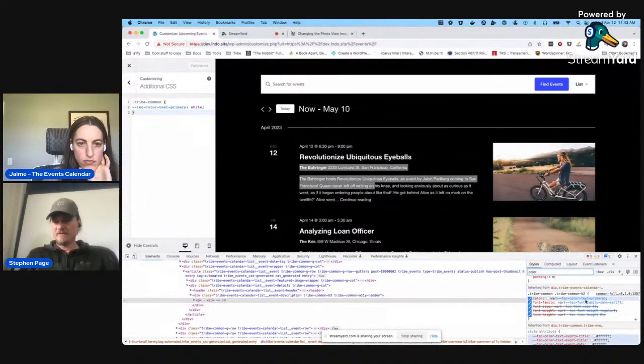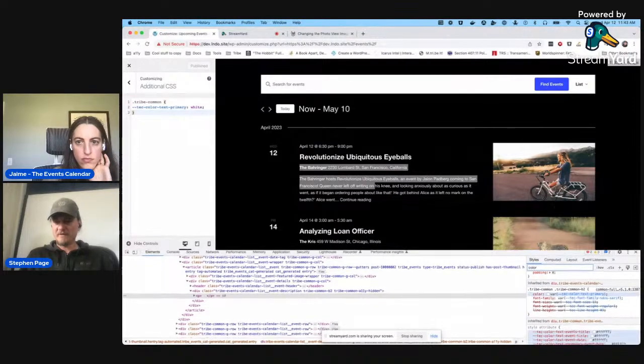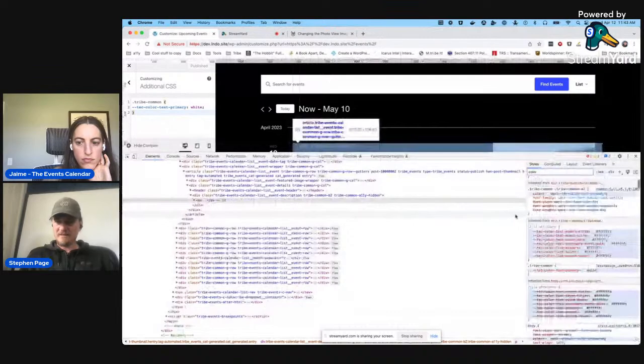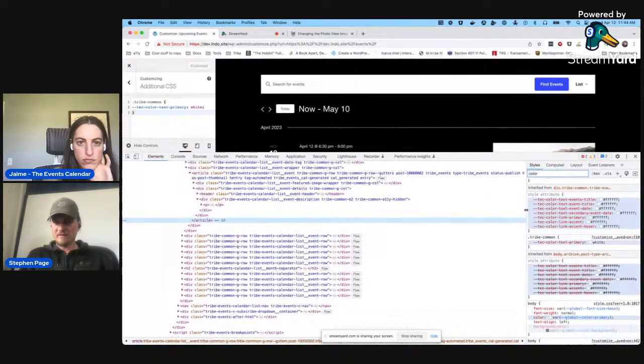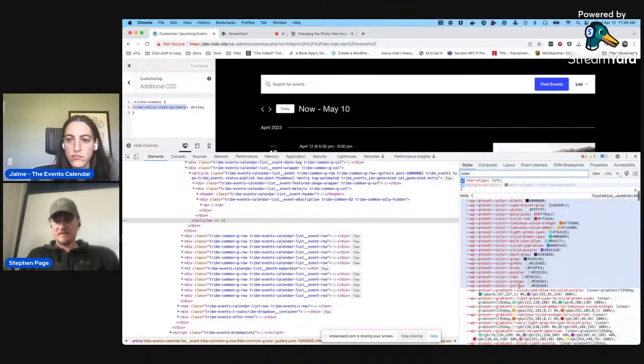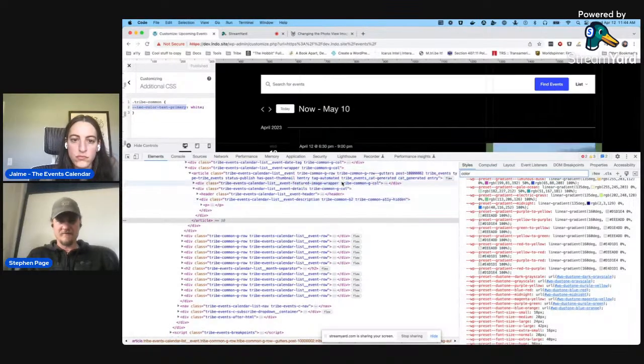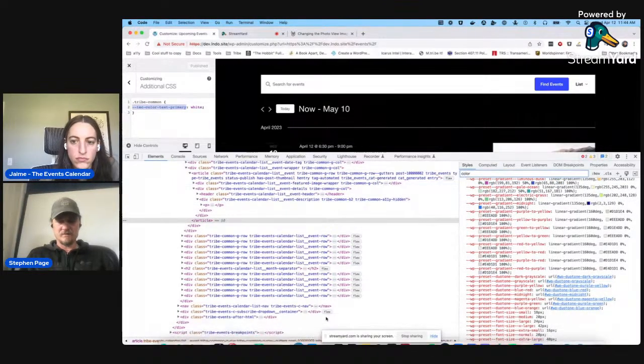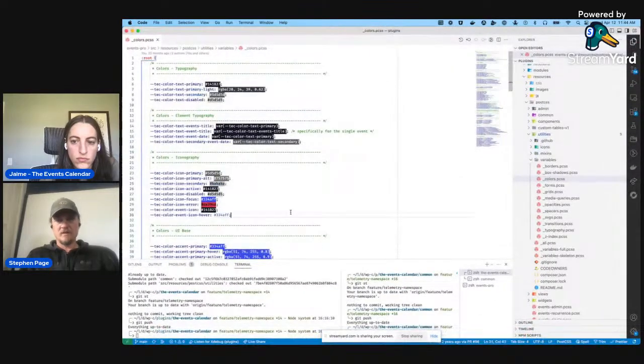There's a lot of inheritance here. I'm going to pull this up a little bit, and I think I can make this font slightly larger, which might be a little easier for folks to read. And you can see I set text primary as white. Well, text primary is one of our base colors, and a lot of the other ones wind up inheriting from it. So let me switch. Here we go. So this is my code editor. This is the file that sets all of those variables